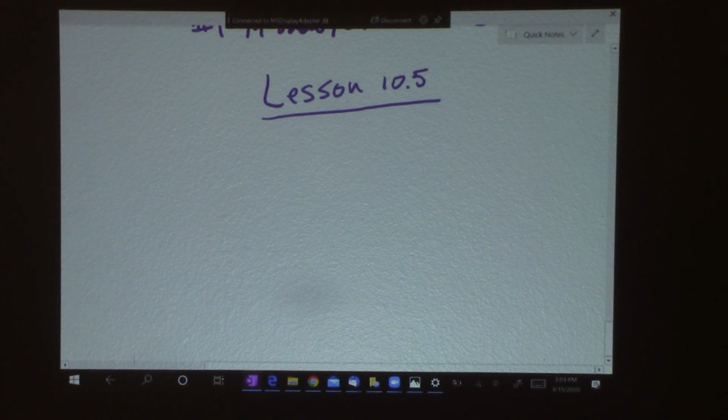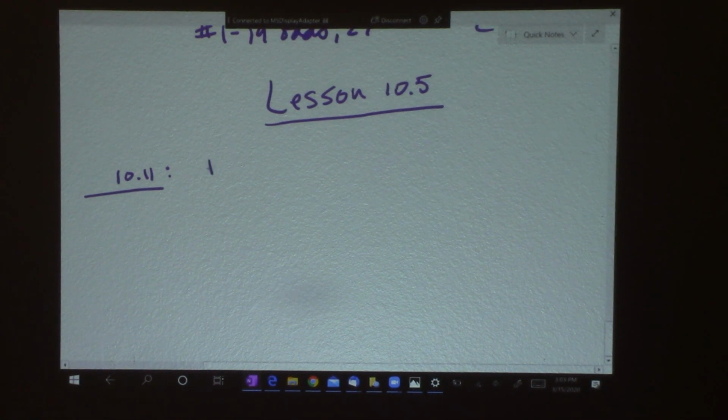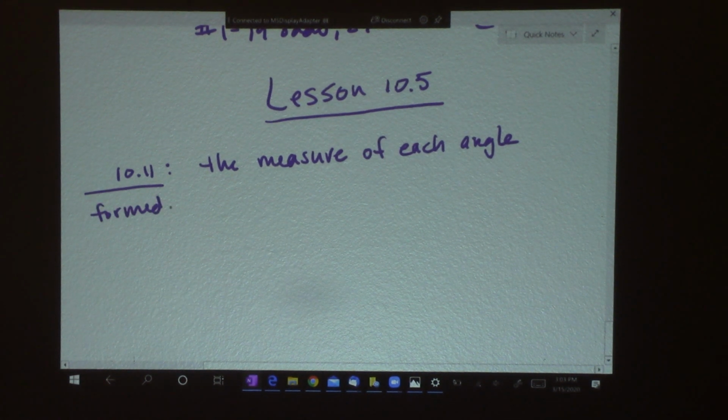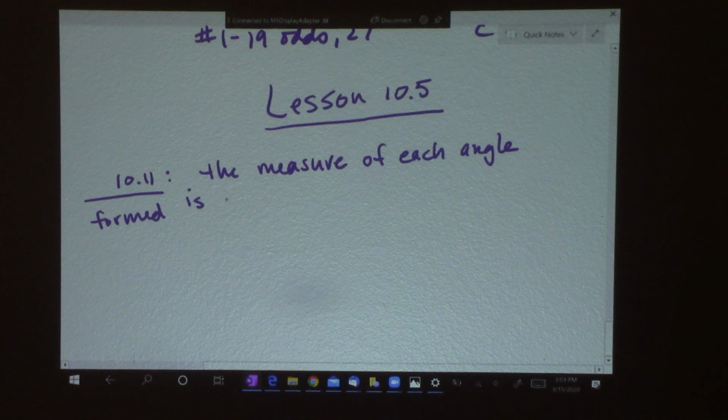Okay, so let's start with theorem 10.11. So this is 10.11. And you can write down, if a tangent and a chord intersect at a point on the circle, then the measure of each angle formed is half of the intersected arc. All right. You finish writing that,